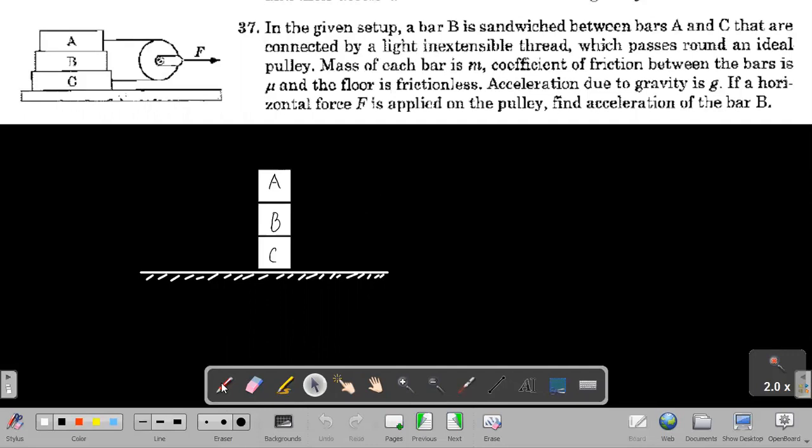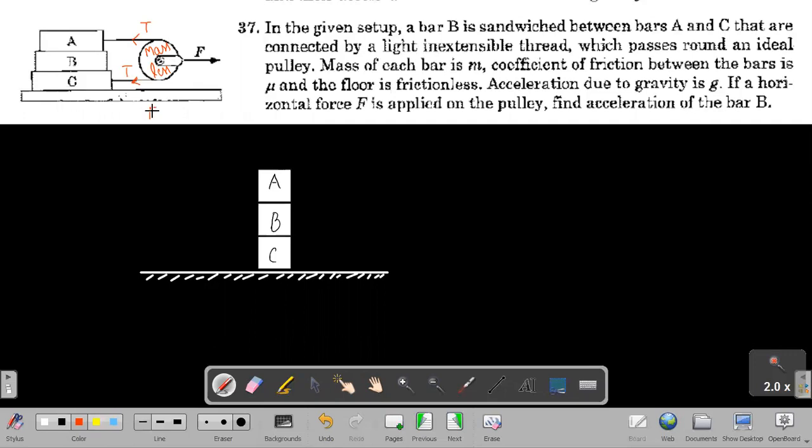Before you try to find the acceleration of block B, it is very essential to draw the free body diagrams. If I draw the free body diagram in this question, then first of all, this force F will be divided into the tension in the two threads which are passing over the pulley. If I denote tension in the threads as capital T and capital T, and this is an ideal pulley, which is a massless object, it must have a net force equal to 0. For that reason, these two forces, 2T and F, must be equal.